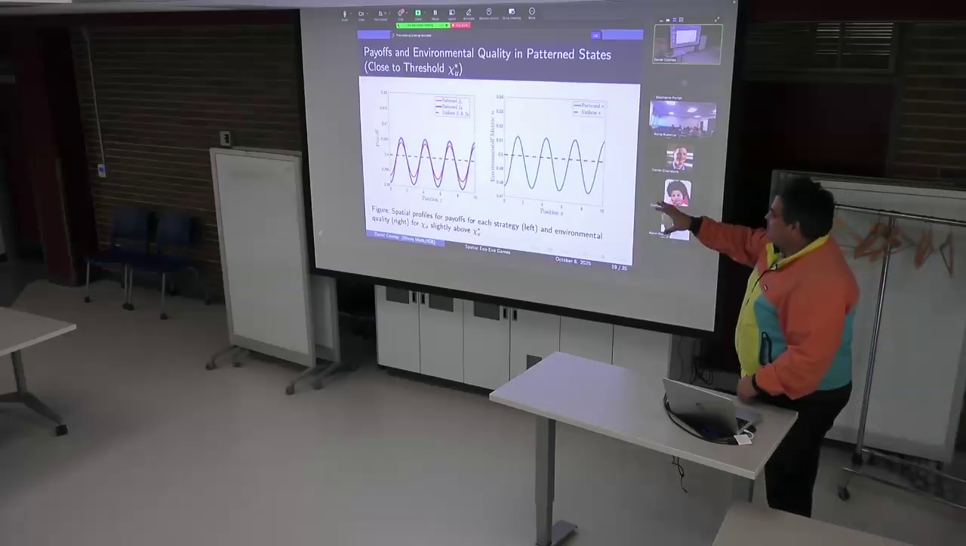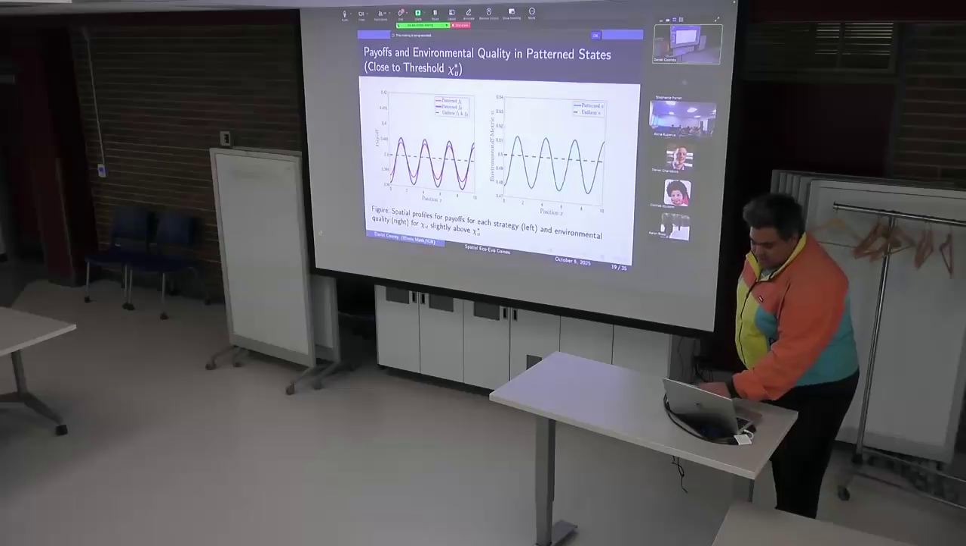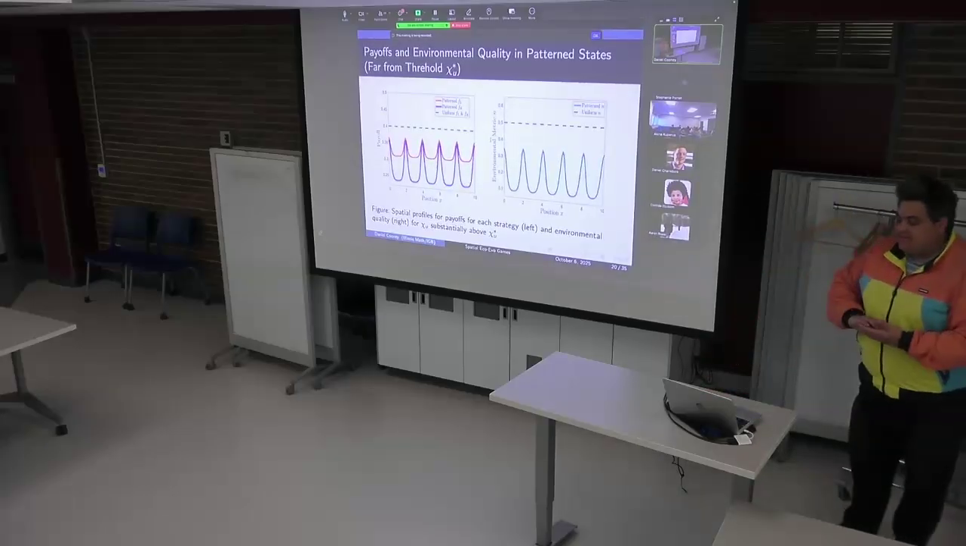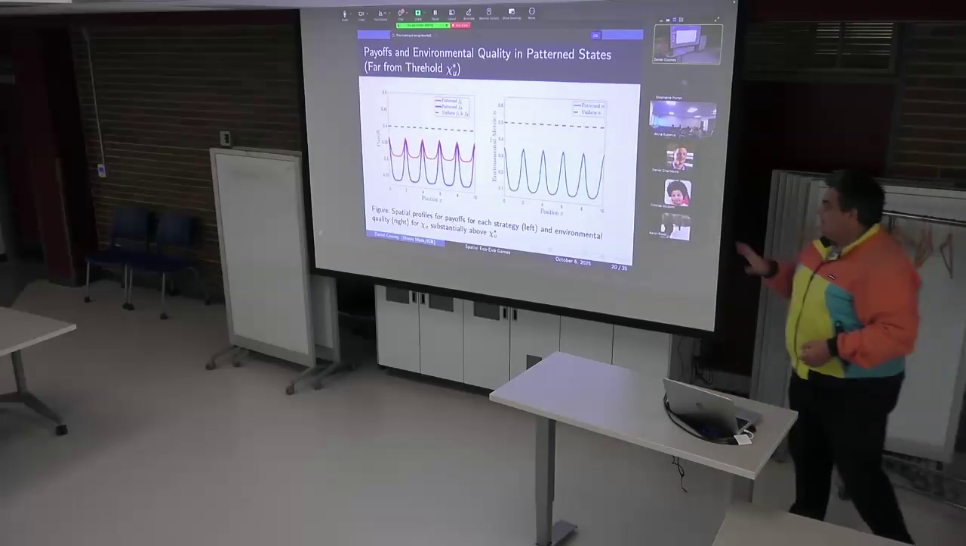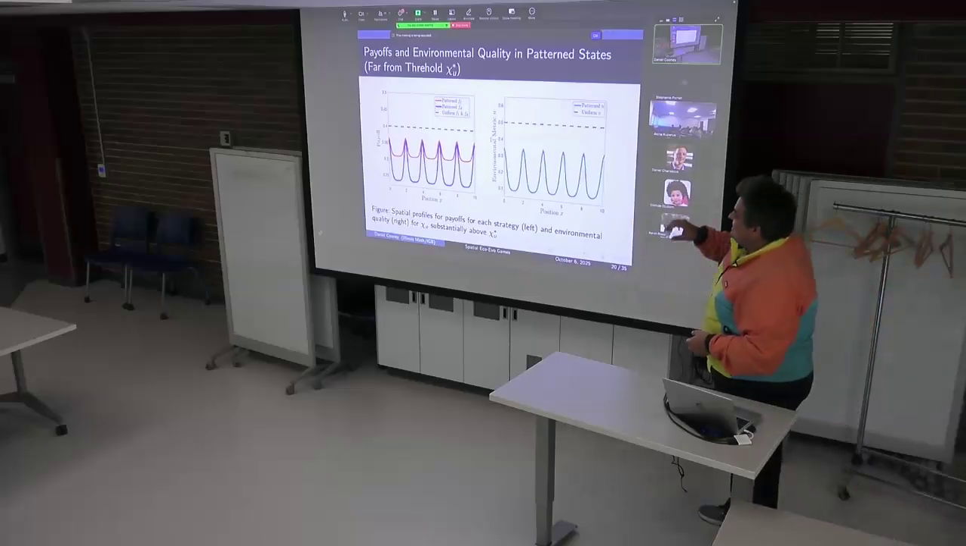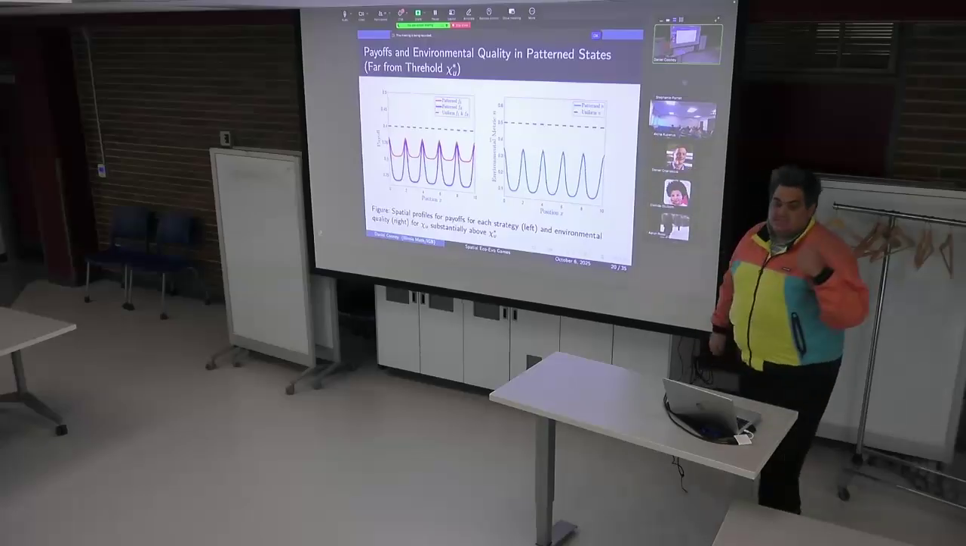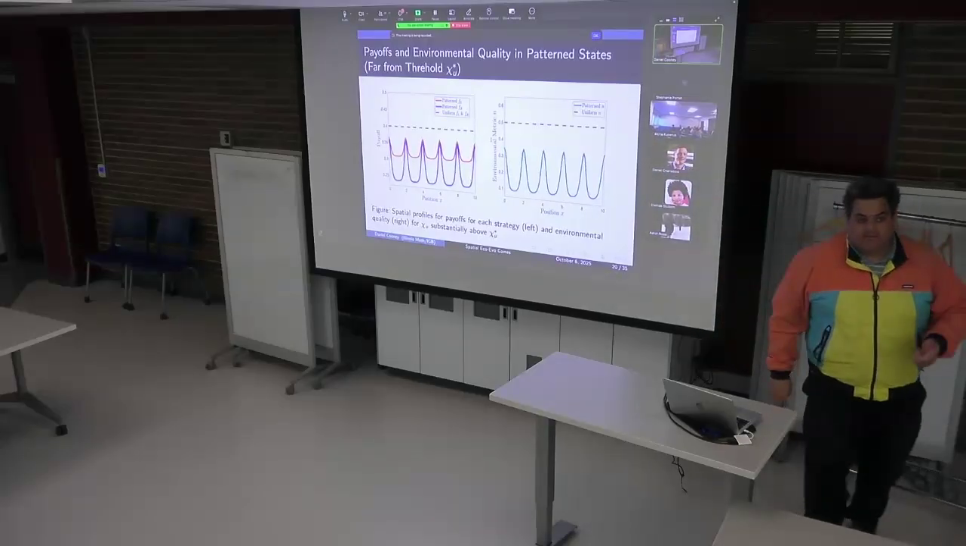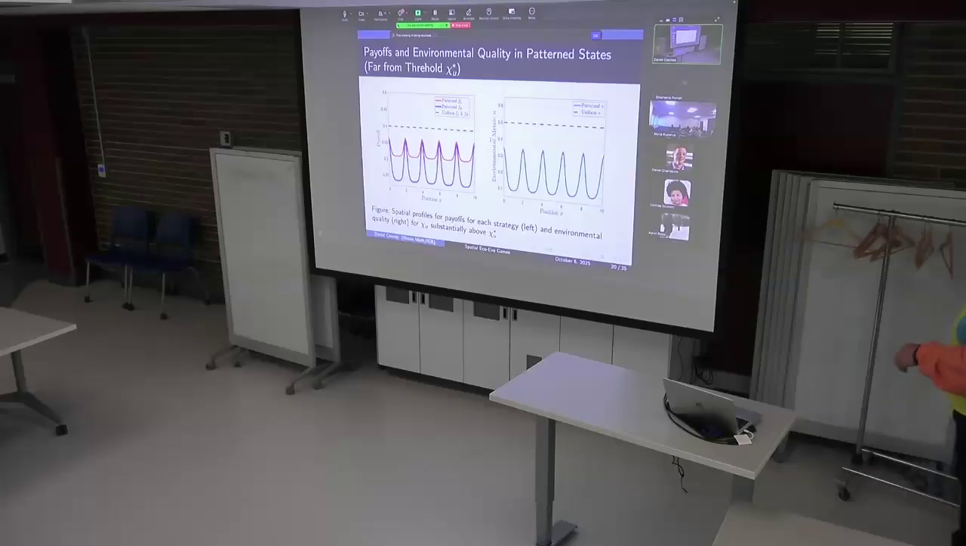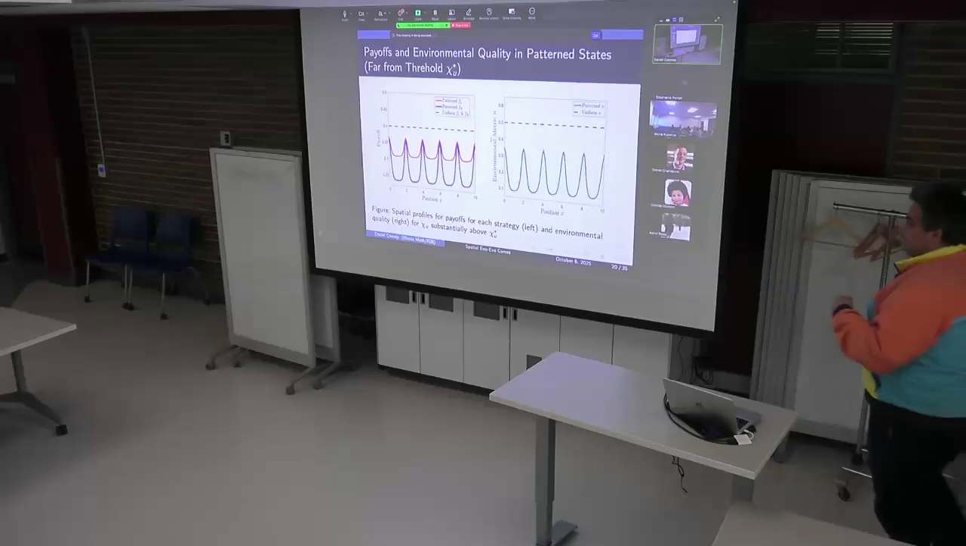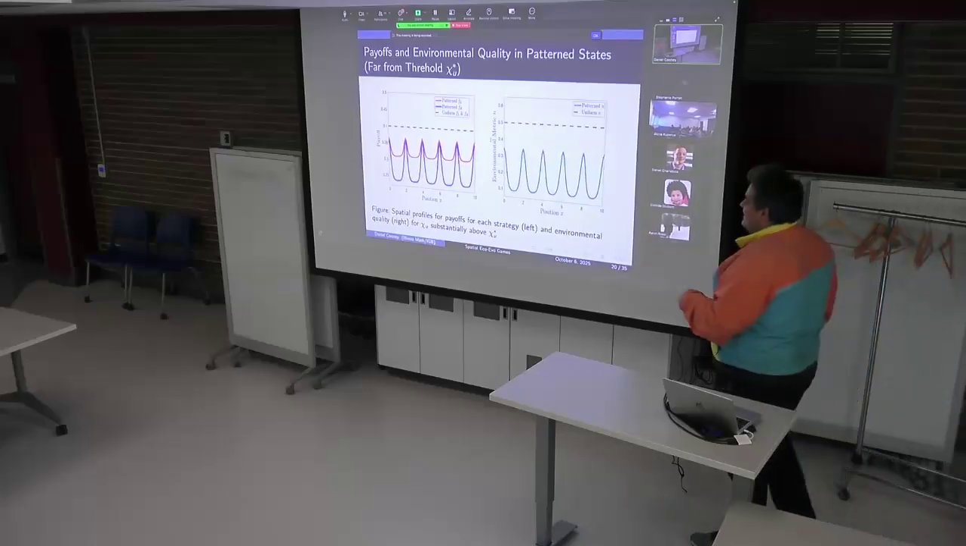So in some places, the outcome is good. But if we have even stronger directed motion, we continue getting spatial patterns. But we end up seeing something interesting, where even the peaks, even the places with really good environment and really good payoff,